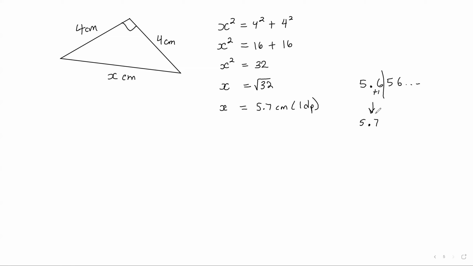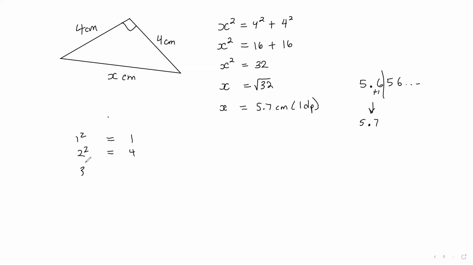Right? Now, let me tell you how you could figure out an approximation of the square root without actually working it out. Now, you might not be able to figure out the exact number, but you could figure out the range that it would be in. So if you think about the square numbers, right? 1 squared is 1. So the square root of 1 is 1, right? 2 squared is 4. So the square root of 4 is 2,